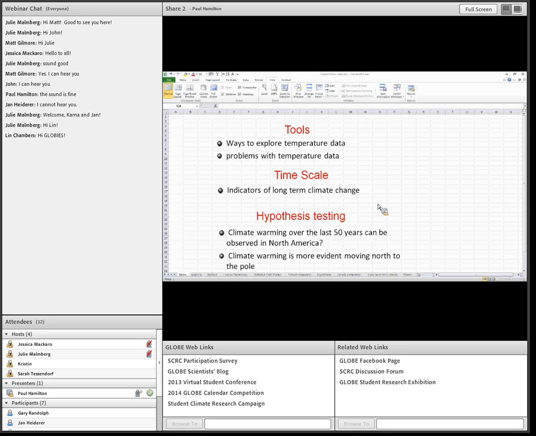So I'm hoping to progress through here to give everybody an idea of how you would go about looking at your data, the kinds of questions you would ask about your data, and the kinds of caveats or problems that you may have along the way with the way you're presenting the data. So, to get started,